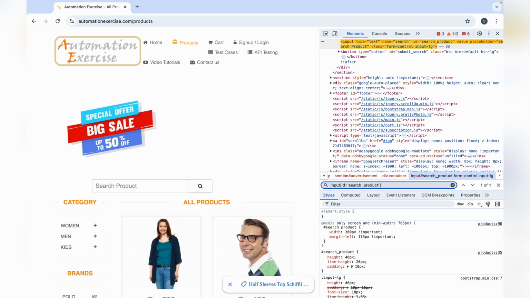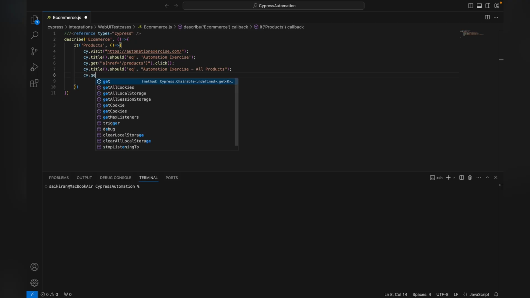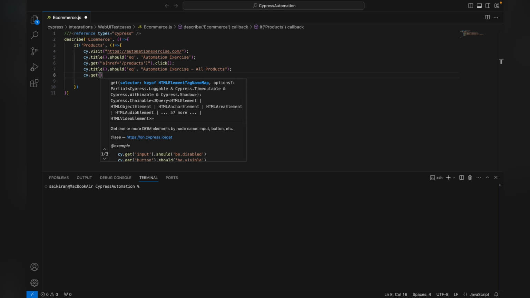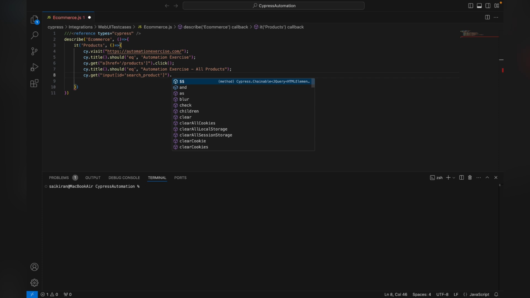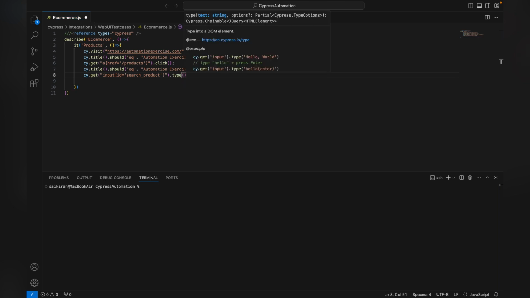Use it in your Visual Studio Code. cy.get, give the CSS locator here, and we want to type something in that search product input field. For that we have a method type, and inside the braces give any product you want to type. I am giving it as saree,